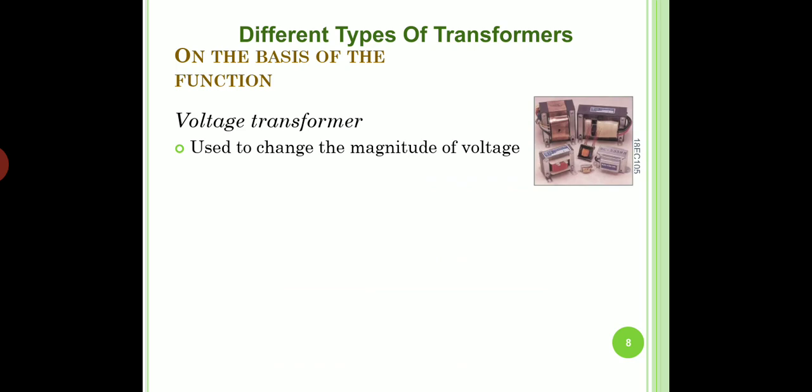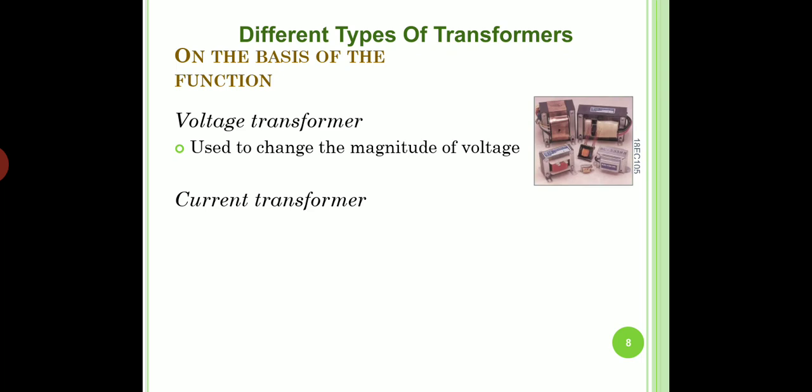Sometimes, even in televisions and cathode ray oscilloscopes, we require a voltage of about 20,000 volts and 25,000 volts. That also will be achieved by using transformers with small different techniques. Let us see them. So broadly, based on function, they are classified as voltage transformers,